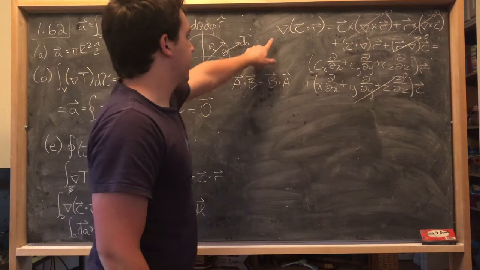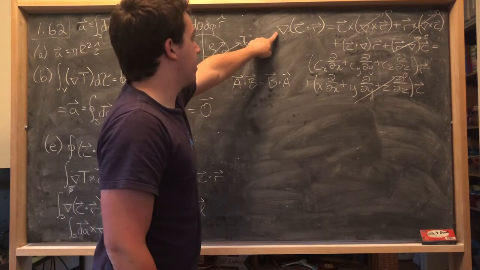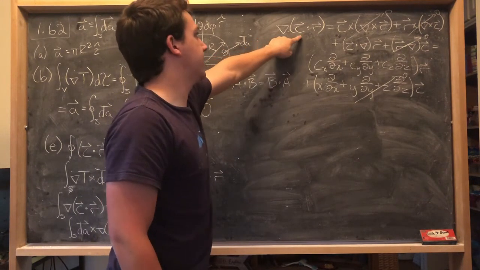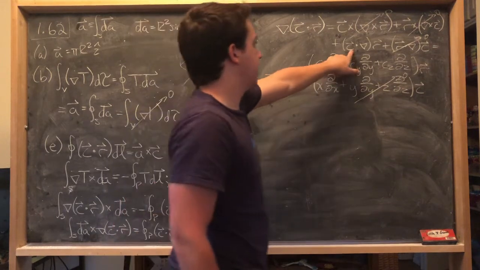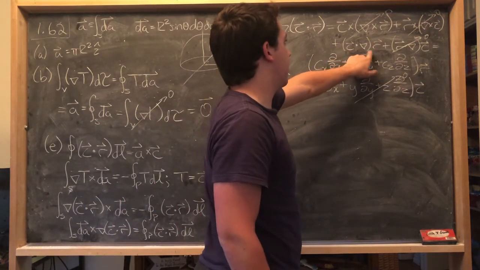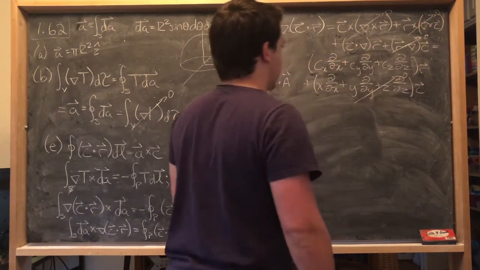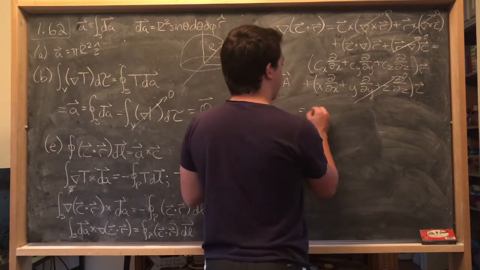And so basically what that says is that this quantity, the gradient of c dot r, ends up just being this term, c dotted with the del operator times the position vector. And so what that would look like